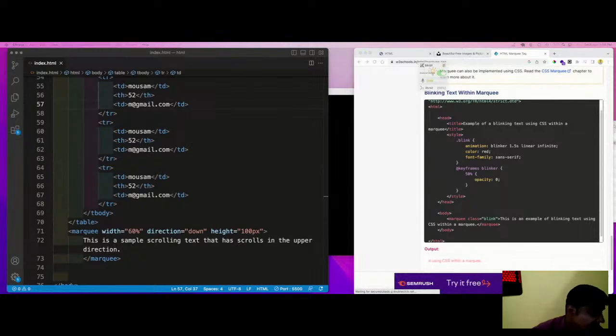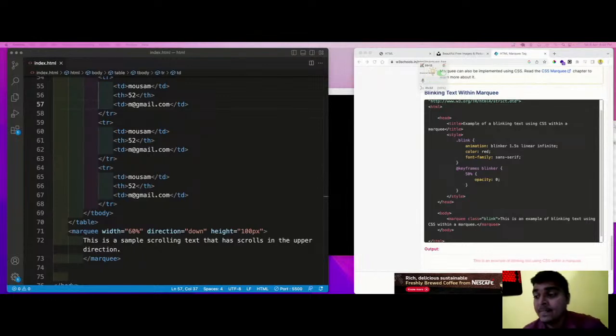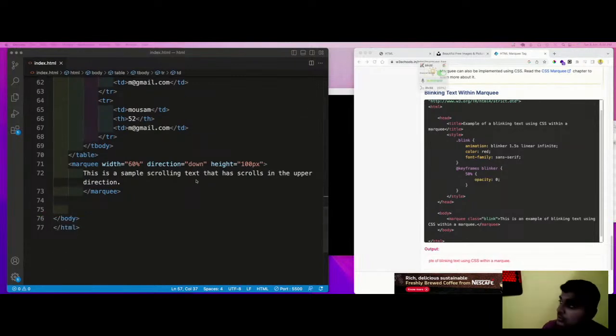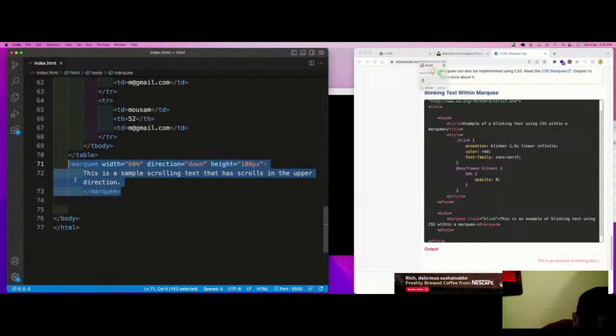Okay. So after this table tag, let us check out the next thing, which is called the form tag. And this form tag is a very important tag in HTML because this form tag is being used a lot, and a lot. Fine. So let us start with the form tag.